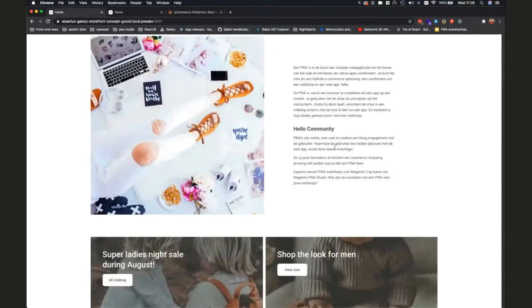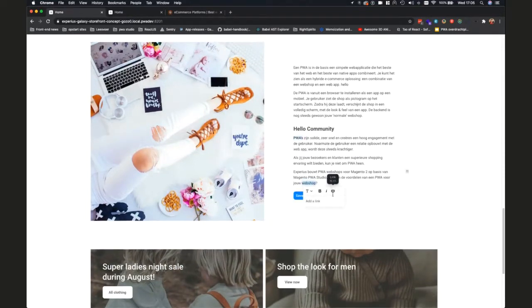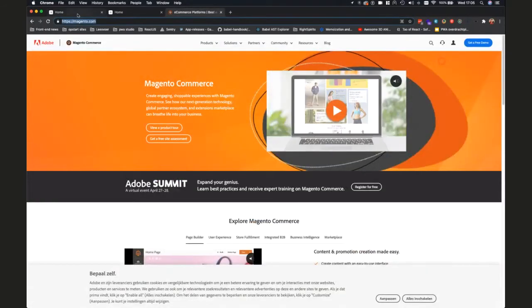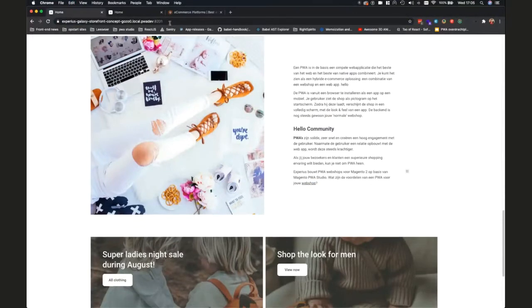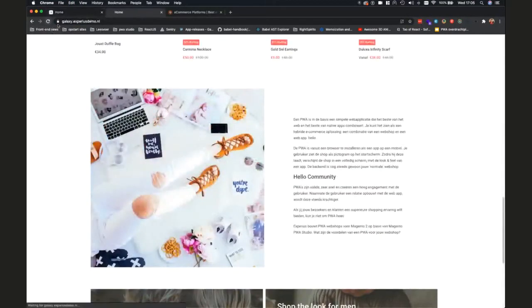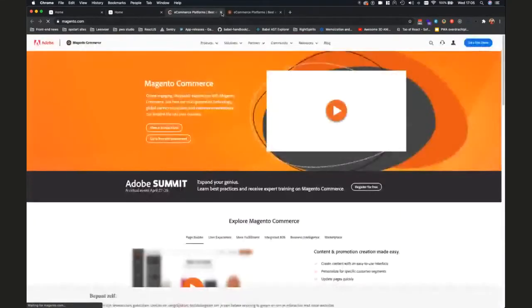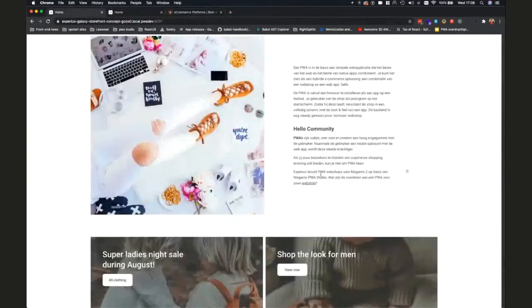That's pretty much the gist of it. You can make it bold. You can also say, you know what, we're going to edit the link. If we copy the Magento URL, paste it in there, enter, hit save, go to the front end, reload it, you can see right now the link is added. It's going to open in a target blank. But you could also, of course,